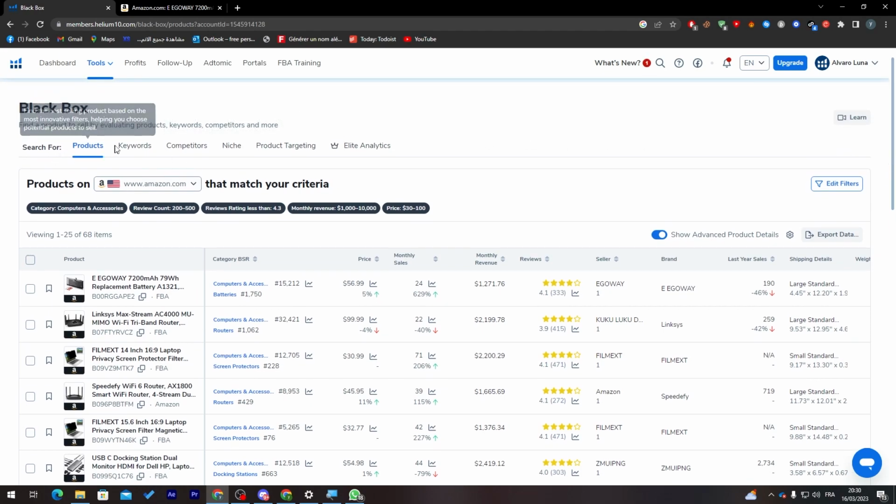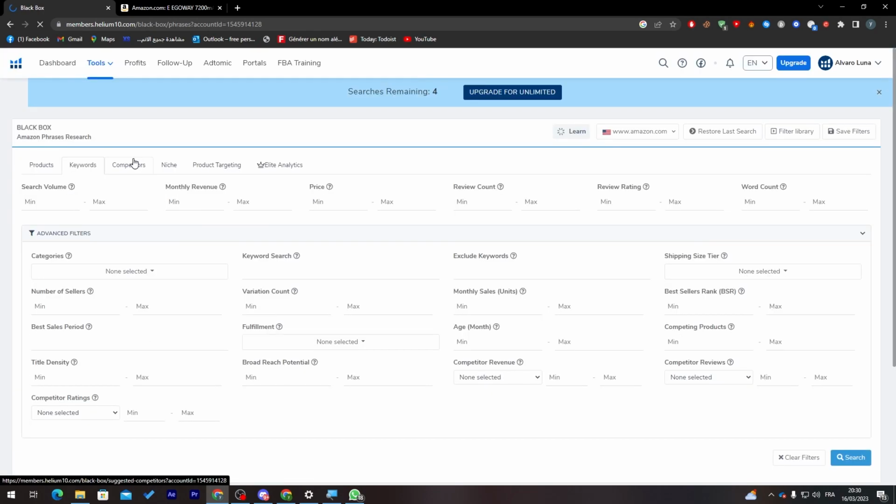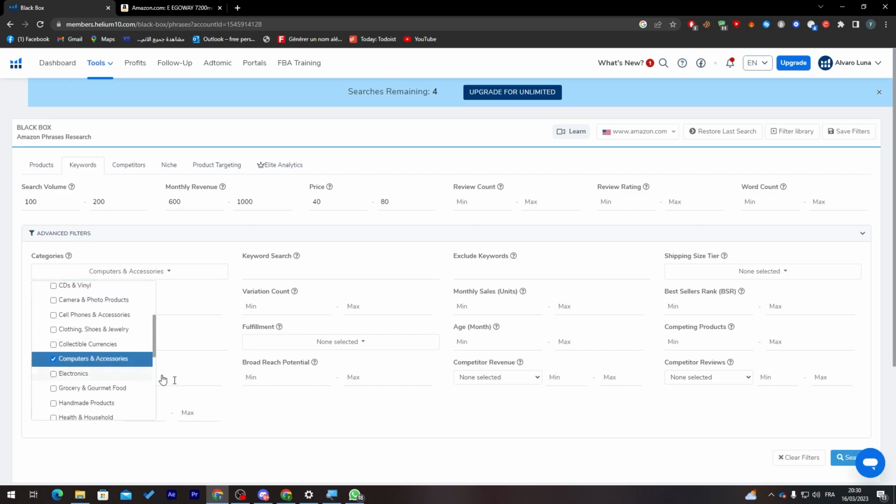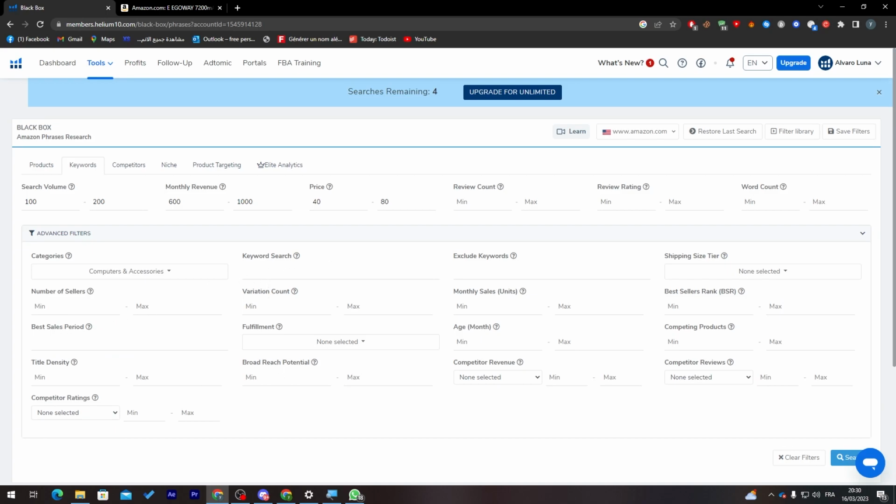Now let's try to search by using keywords. Here we can choose, for example, search volume. We can, for example, make it from 100 to 200. This is an example. Monthly revenue, we can choose, for example, 600 to 1k. Here the price about 40 to 70 or 80, and we don't really need those. Here categories, we're going to choose the same thing, so PC, computer, and accessories. Here I'm going to choose, for example, RAM,